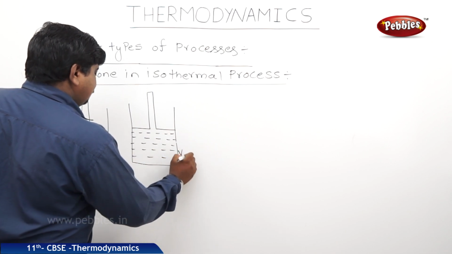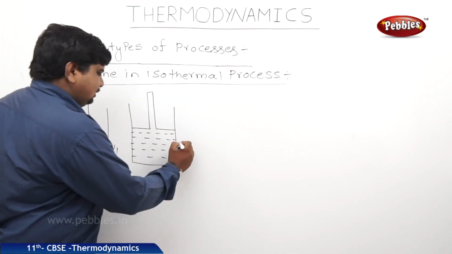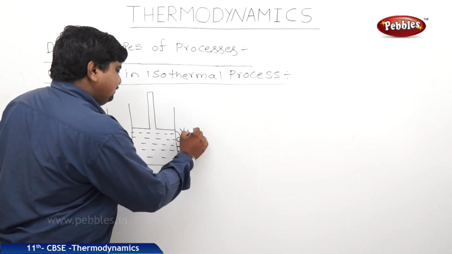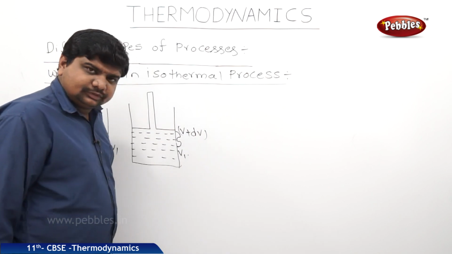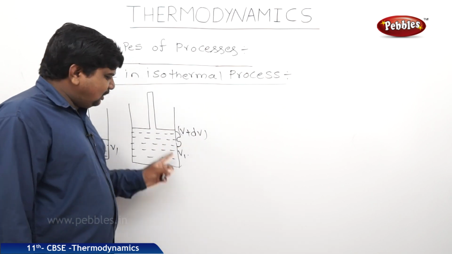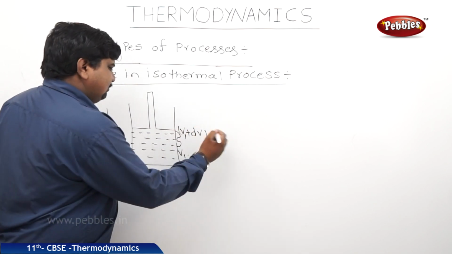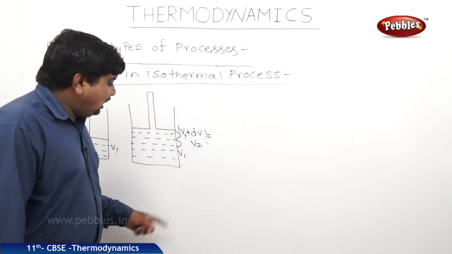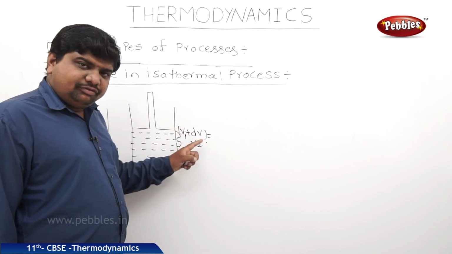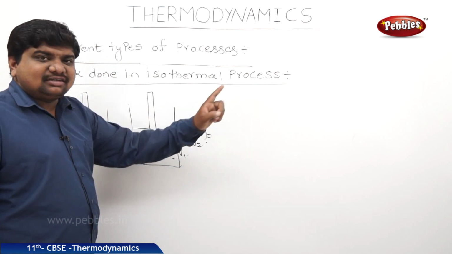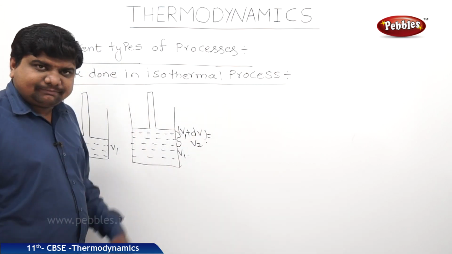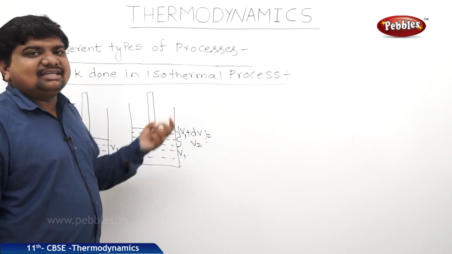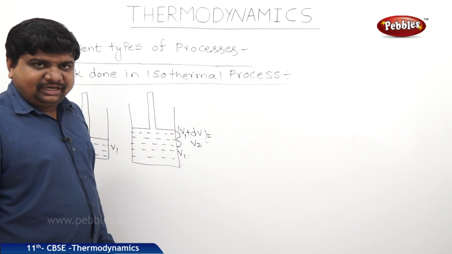At this point, we have seen the V1, and the change in the volume after the expansion is, let us say, some V plus dV. After adding this change in volume to the V1, this V1 plus dV may be equal to V2. So, volume is changing from V1 to V2 in the case of expansion of the gas in this experiment. So, what is the work done during the expansion of the gas? It is nothing but W is equal to P dV.